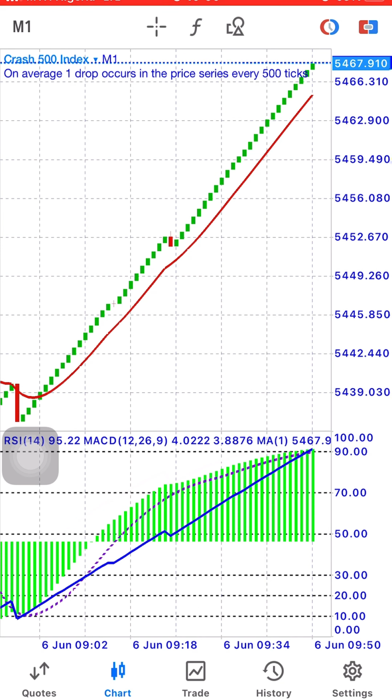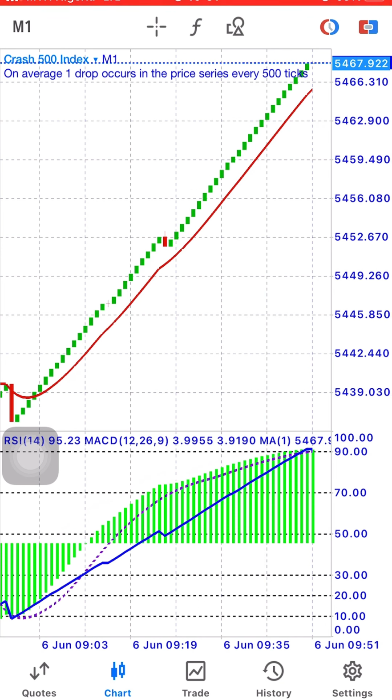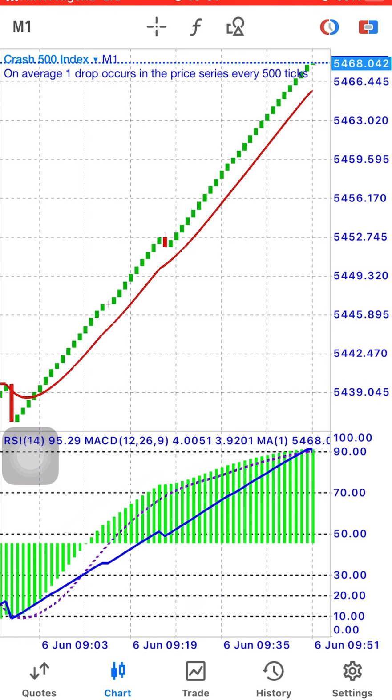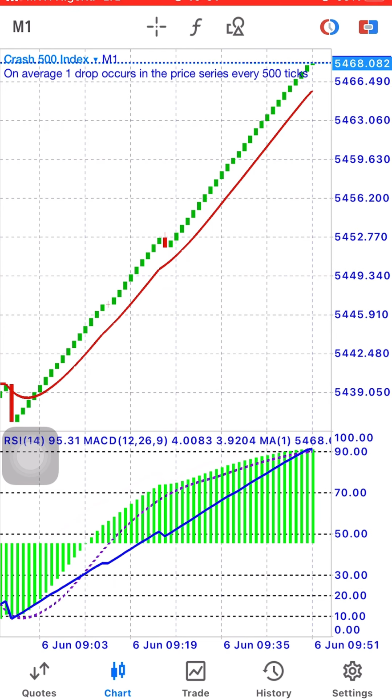Without further ado, I'm going to be telling you how to use your trend lines and how to trade this boom and crash successfully. So we are on crash 500. I told you something before, that once the trade, now just look at this trade now, it has gotten to